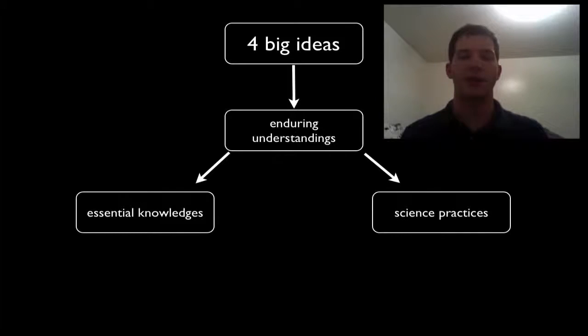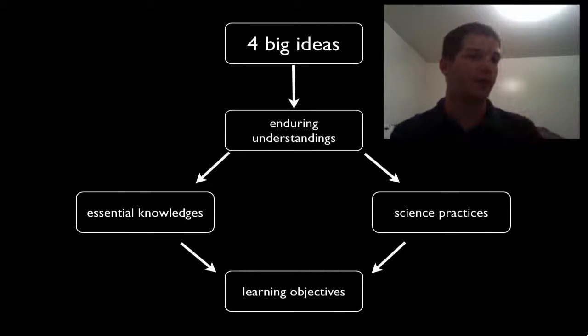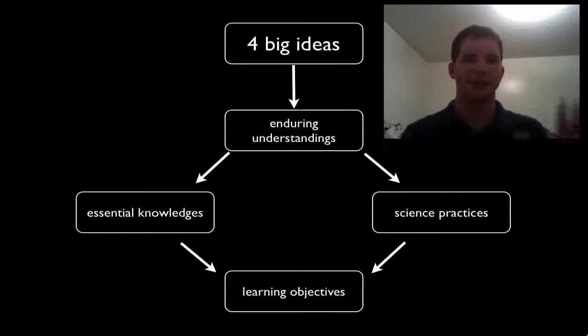It takes a lot of skill, per se, to really understand the core concepts behind this course. So the science practices are designed to do that. And the essential knowledges also are going to be really important in relaying the learning objectives, and there's over 140 of these throughout the year. And we'll get to all of this here on the first day of class, but this is how the course is set up for the new AP Biology.